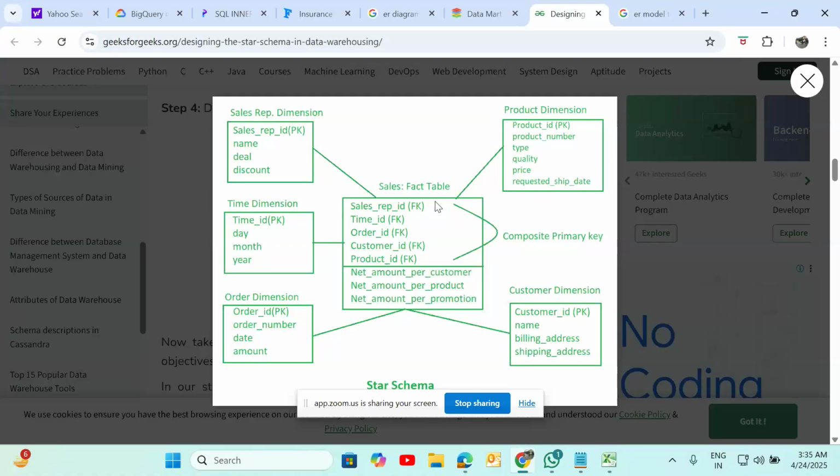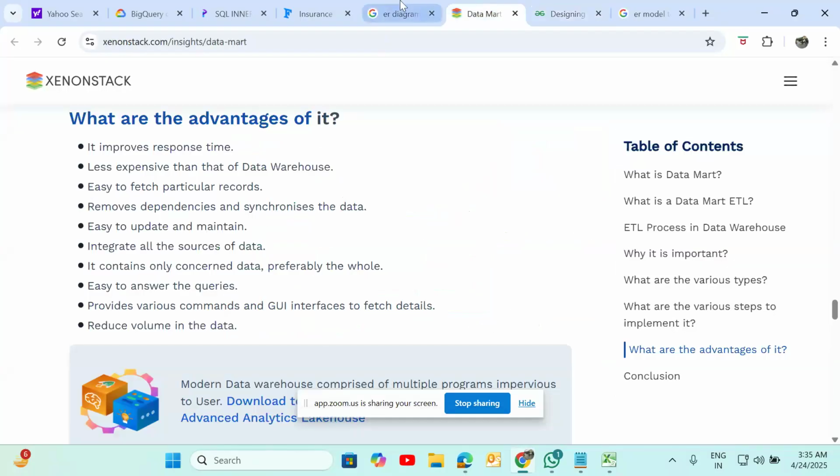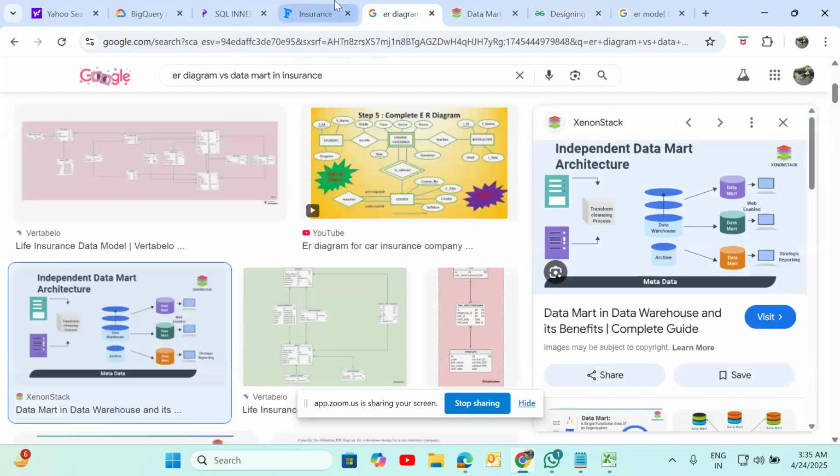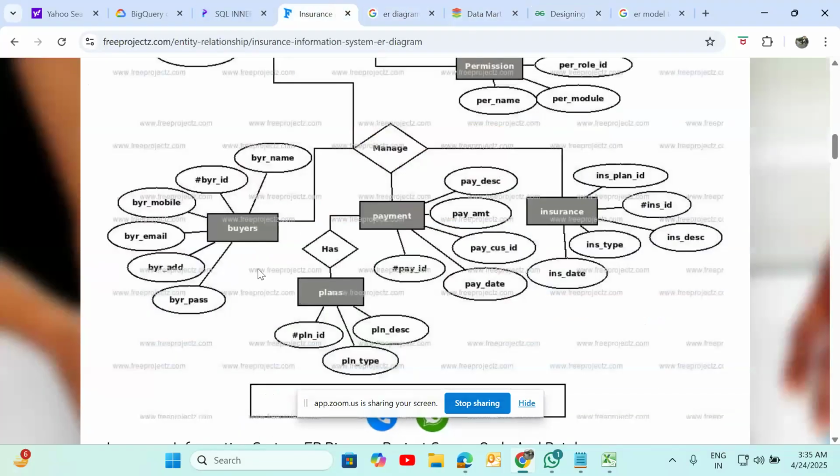So what are you showing me right now? What is this related to? I'm very confused. The confusion is this: once this is finished, how will my report look? In the ER diagram, if you see the ER diagram, I don't think I'm understanding. Just give me one moment, Rafi.